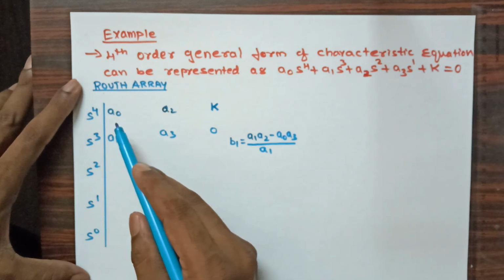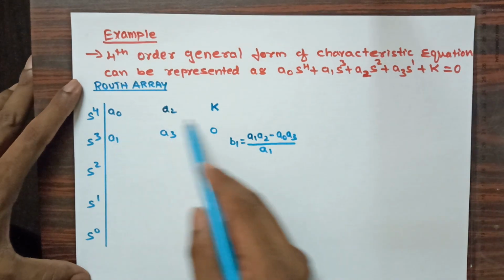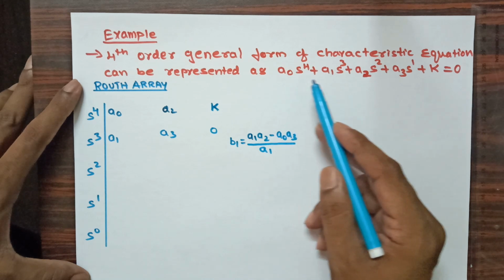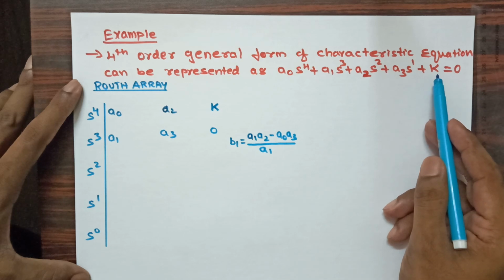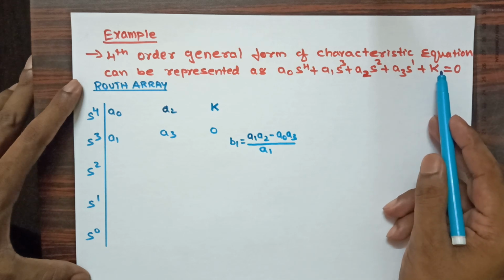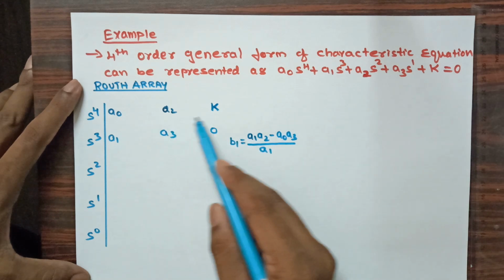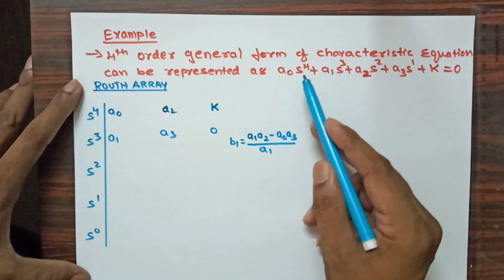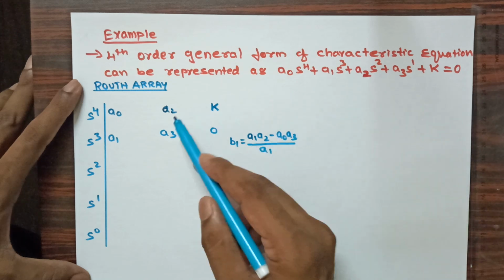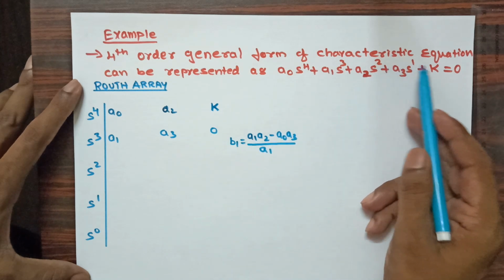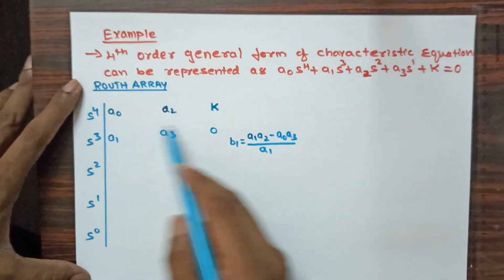And now next we are going to form the two rows from this characteristic equation directly. We know that in the first row we are going to take the even coefficients, that is a0, a2, and in place of a4 I have the K coefficient, which I have taken as it is, K here. So a0, a2 and K. Or else, the other way: first we take the first value a0 and the second alternate value a2, and the alternate value for s to the power 2 is K, which I have written here. Either you consider the first form or second form and then form the array.